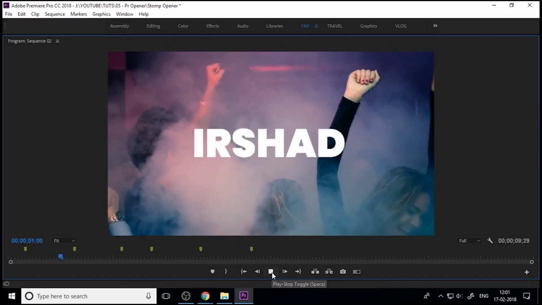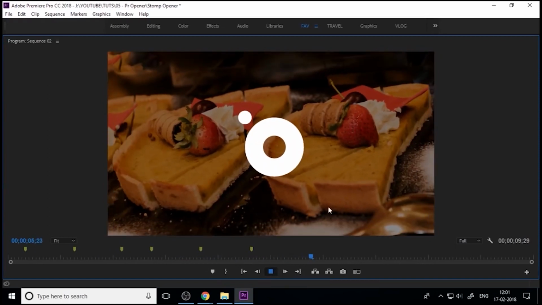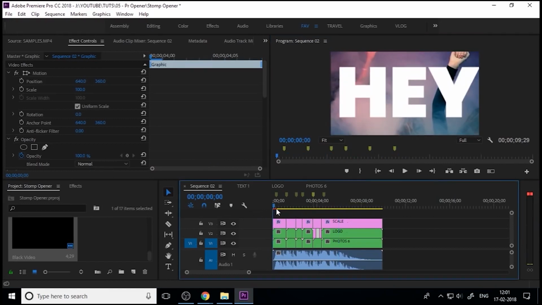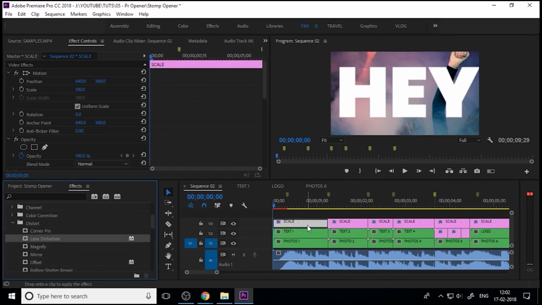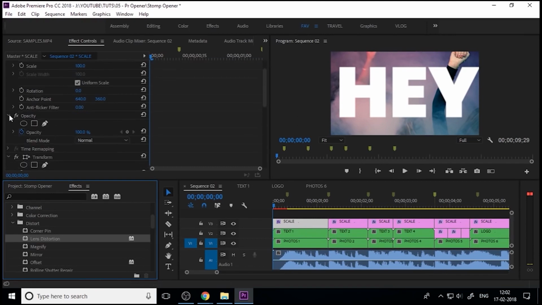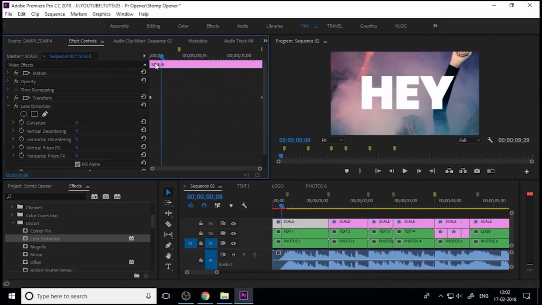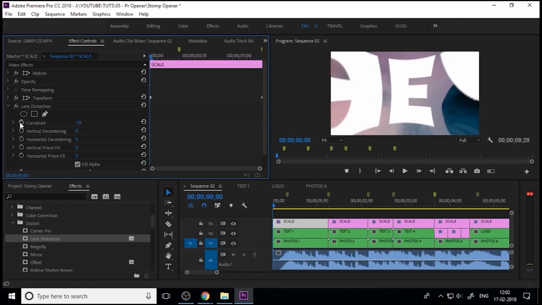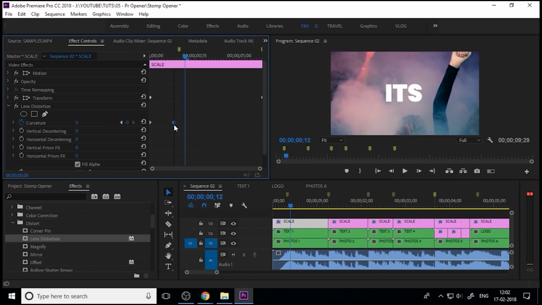Okay, if you hit the space bar, you can watch the preview of your promo. Now you can control more effects. You can add more effects into this adjustment layer, like lens distortion or anything. I will show some examples here, and I just drag and drop the lens distortion onto our adjustment layer, and you can control the curvature value like this, and add a keyframe here and here,